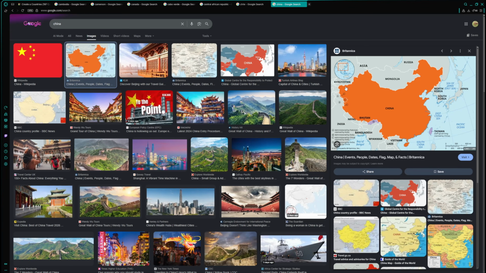Right, the next one is, now China's good. We love China. China's got a little bit of a bulbous thing popping out of the top of it where the Manchu area is. It's got a teeny little thing over here.